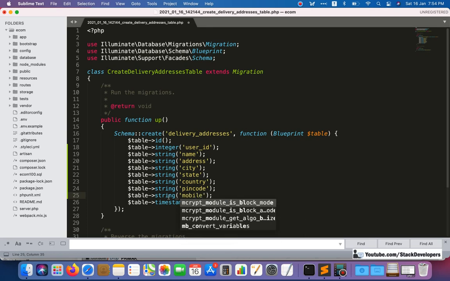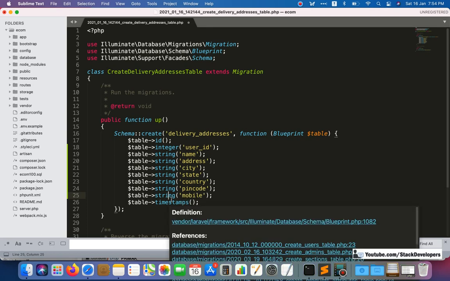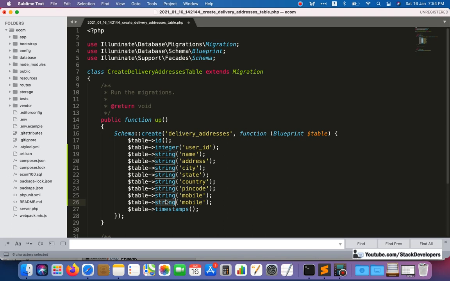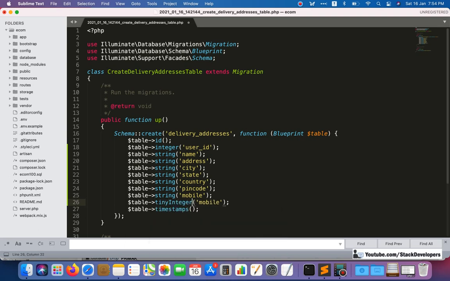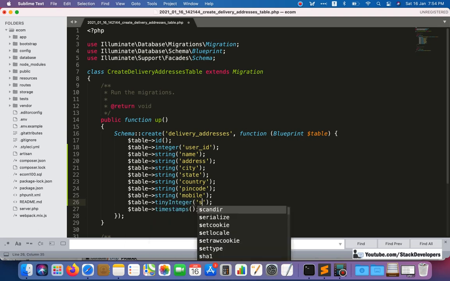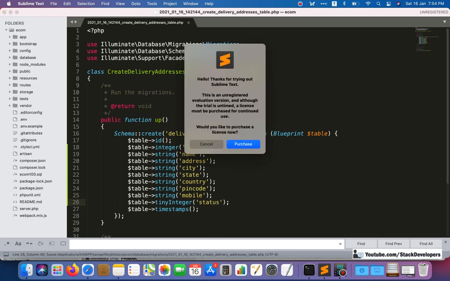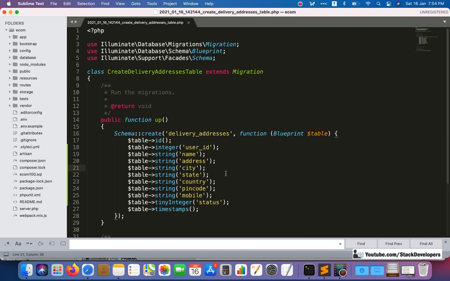See, all are string. And the next one is the status, and that we can make a tiny integer with status. So these are the columns for delivery addresses.